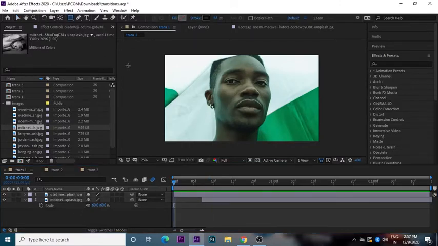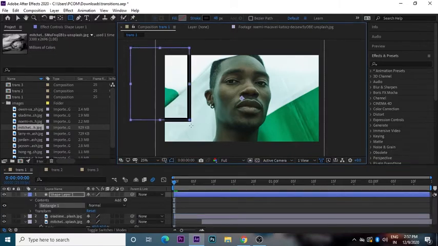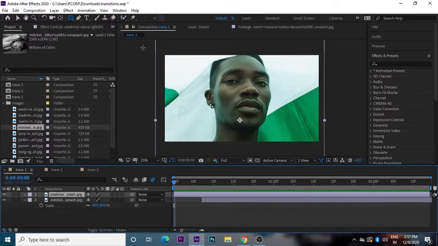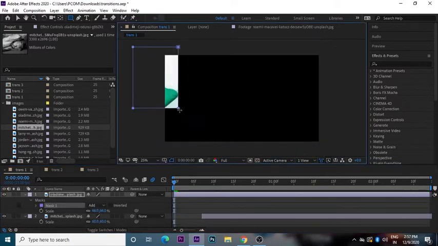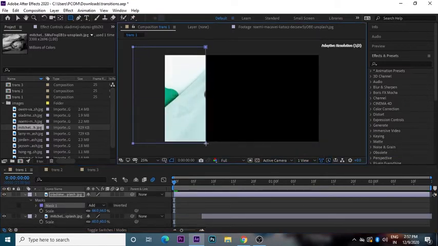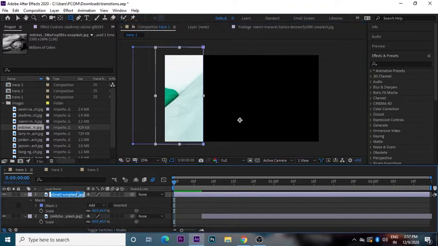Now I'm gonna make 3 masks. So first of all, a middle mask, something like so. Oh sorry, select the layer and then make the mask. Make sure you're selecting the layer and make the mask, and I'm gonna make it such that I'm not covering the face or any part of the character. I'm gonna name it left.